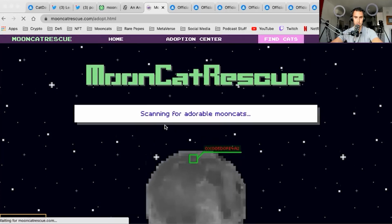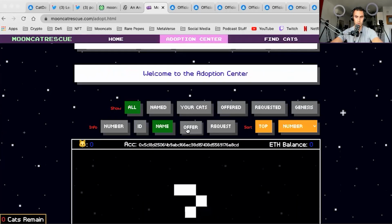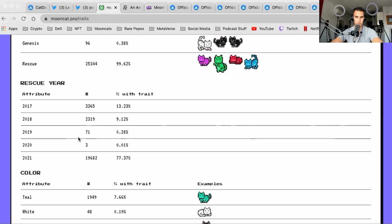That's how you originally minted it. So that's how 19,000, almost 20,000 cats were minted in 2021 and beforehand. But the reason why it digresses, and what I've learned, is that Ponderware sometime in 2018 shut off communications,